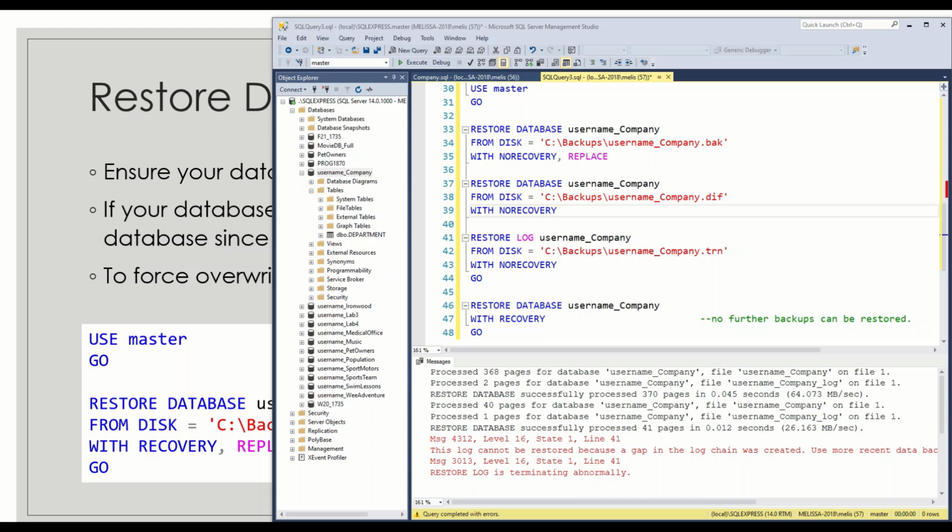Now, because of these issues with the gap in the log chain, that is, we didn't restore the database properly, part of the transaction log is missing. What I'm going to do in order to demonstrate it properly is start with a completely fresh new version of the company database. I'm going to create the backups properly, and then I want to show you how to do what's called a